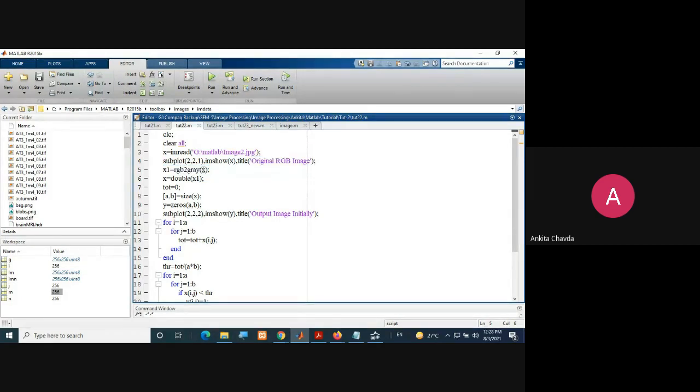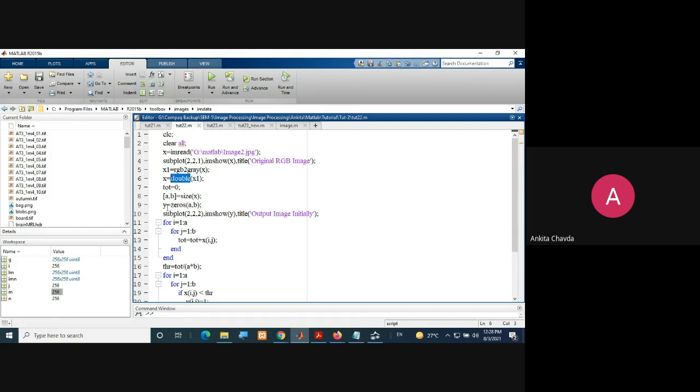Now I need to convert my RGB to grayscale, because ultimately I want to apply thresholding, and I cannot directly apply thresholding onto my RGB image. So in this X1, I'm doing RGB to gray, an inbuilt function via which it will automatically convert RGB to gray. So finally in this X1, I have my grayscale image. That image I'm converting into double for more precision.